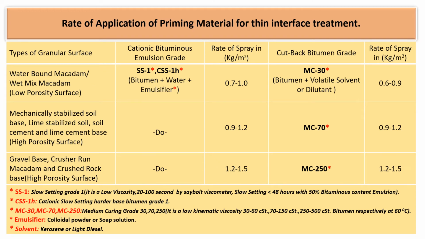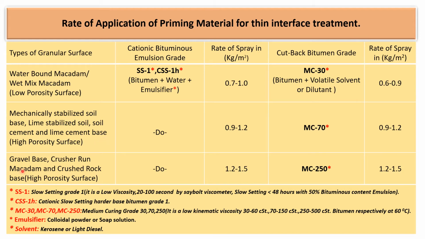Rate of application of prime material for thin interface treatment. Different types of granular surface require different rates of spray of cationic bitumen emulsion and cutback bitumen over it. Waterbound macadam and wet mix macadam types of granular course have low porosity in their surface, in contrast to mechanically stabilized soil base like stabilized soil, soil cement and lime cement base